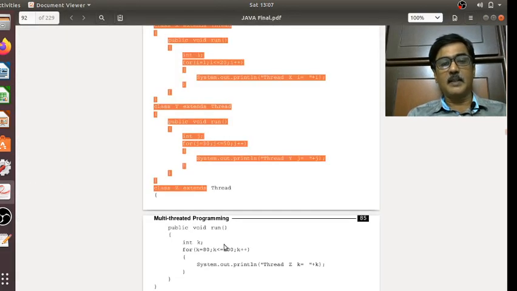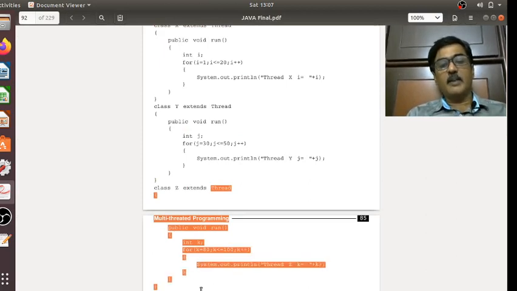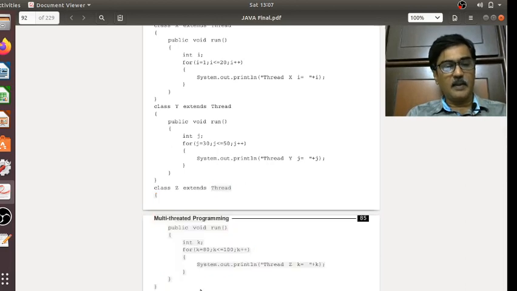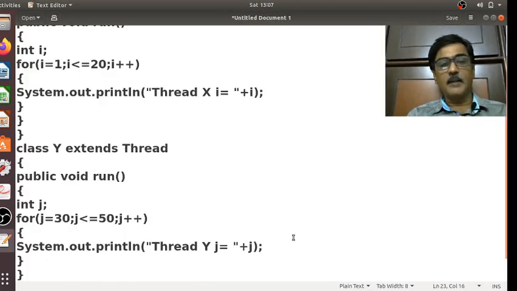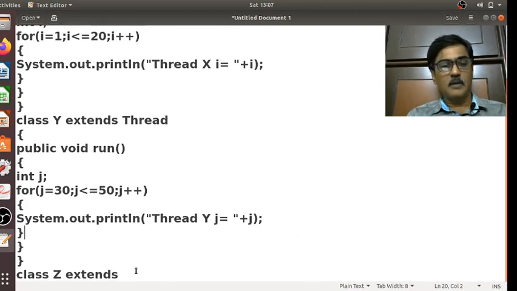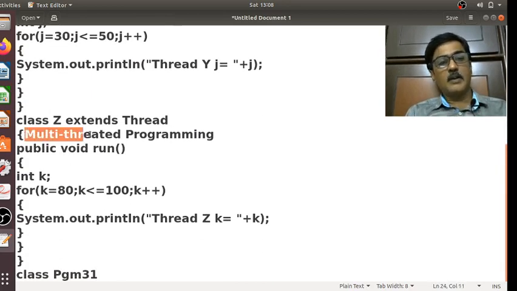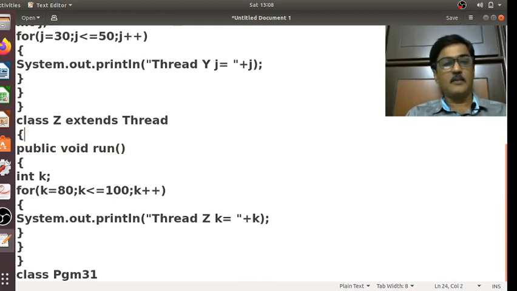There is some other part of the program which is not copied. So I will now copy this. I'll go back to my program. I would delete this text.